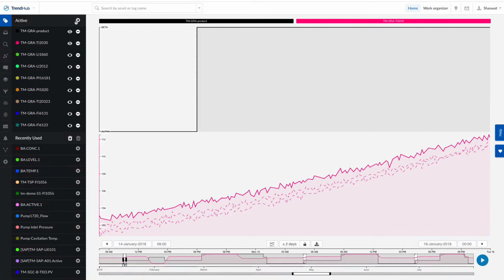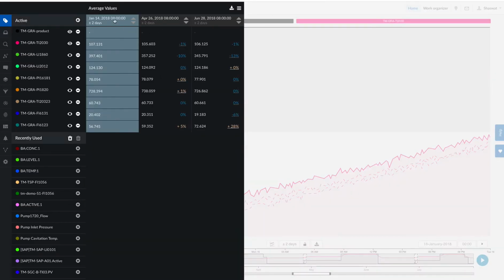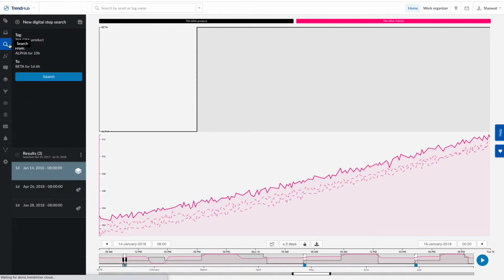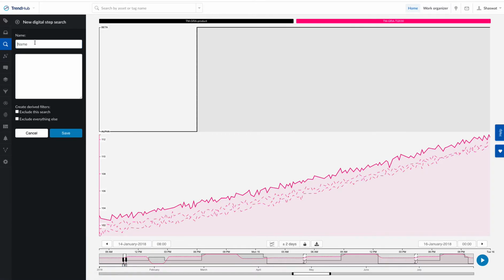Similarly, we can look at the compare table, and we can compare the stats of these three different transitions, and something might stand out if one of the transitions is not good. Now let's say we want to monitor some transition, or a startup, or a shutdown. We can simply save this search and put a monitor on it. So I can save this search and I'm going to name it